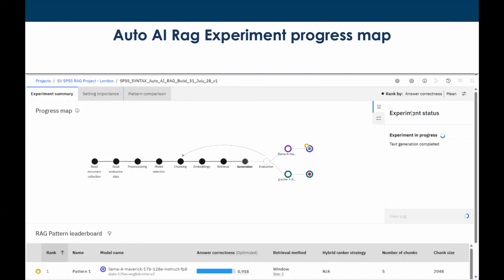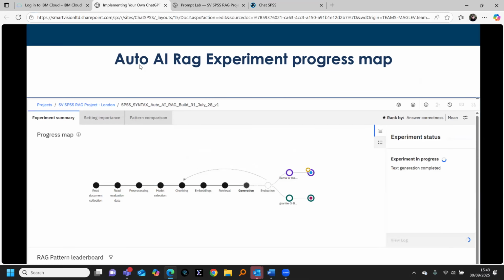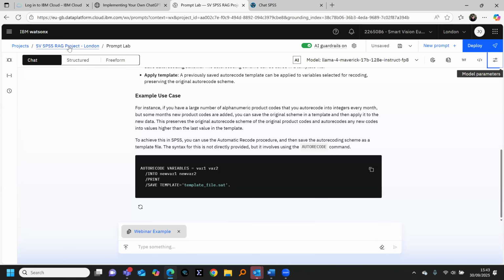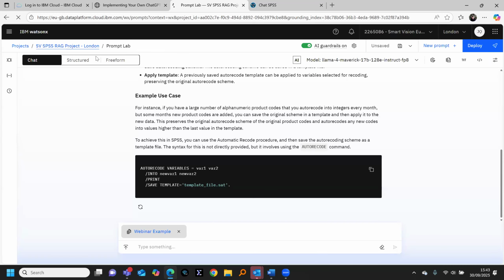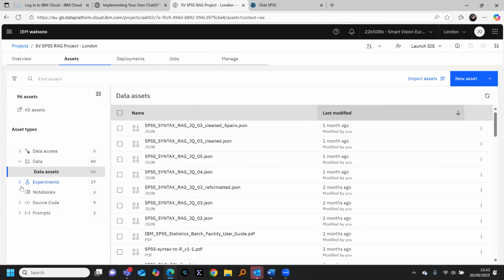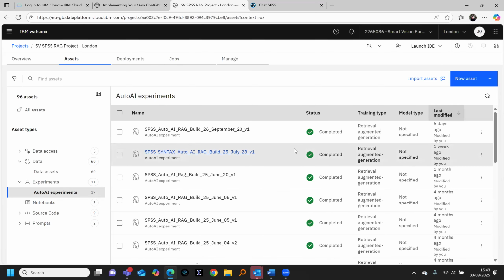Okay, so let's just jump out and I'll quickly show you how we get there in the IBM watsonx.ai platform. If I go back to my project here, I've got my SB project. You can see down here I've already done many different AutoAI experiments in the past, and I can click on one.